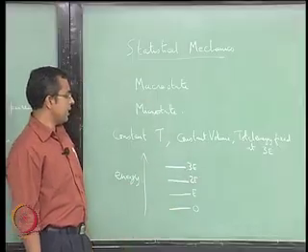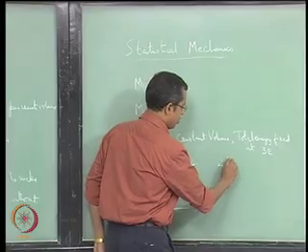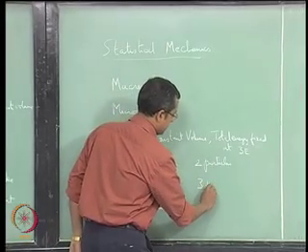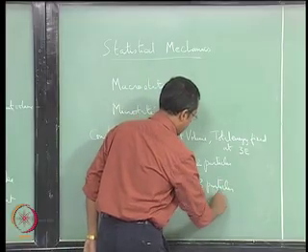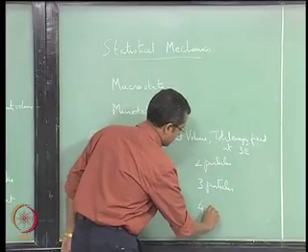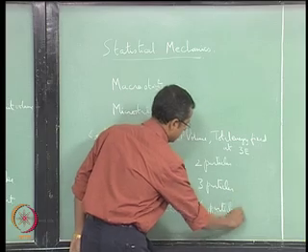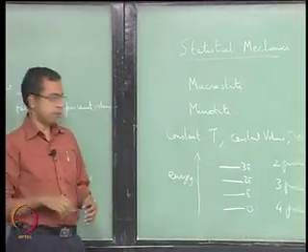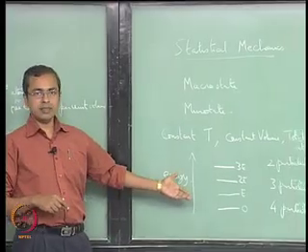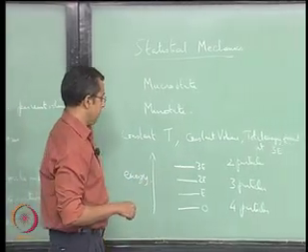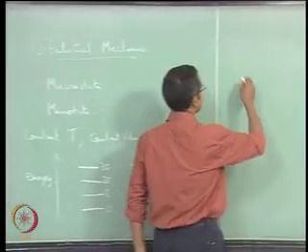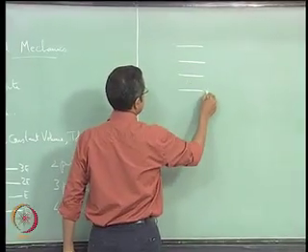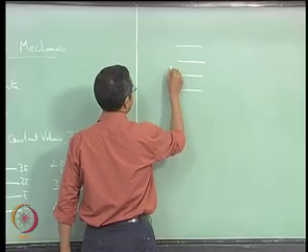We will look at a possibility that the system consists of just 2 particles. Let us say it has 3 particles, and we will look at a case where it has 4 particles. Okay, so we will just look at 3 possible cases, 2 particles, 3 particles and 4 particles being present in the system, and these are the energy levels available to that system, fine. So let us look at this. Now let us take 2 particles, we will put these energy levels back here. So this is 0, E, 2E,